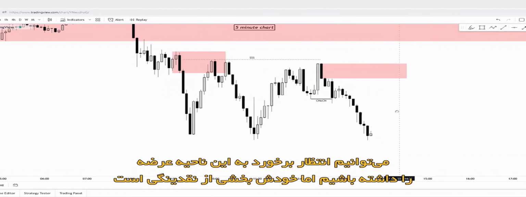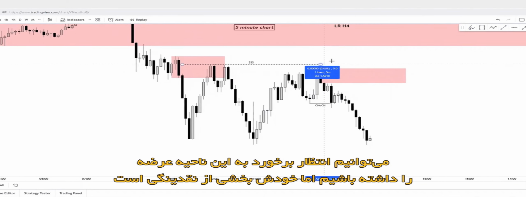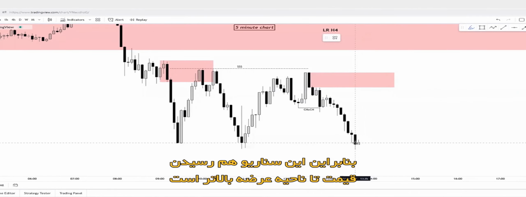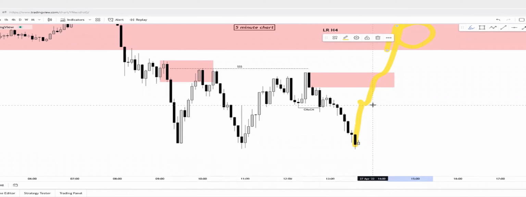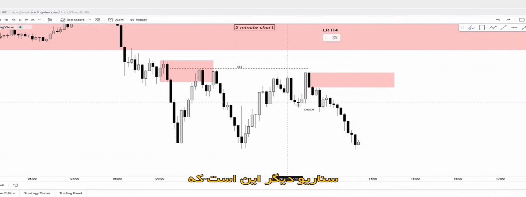And we can expect the top of the supply zone, but the supply zone is part of the liquidity line, as you can see. So this scenario is leading up to the supply zone also. Another scenario, there's